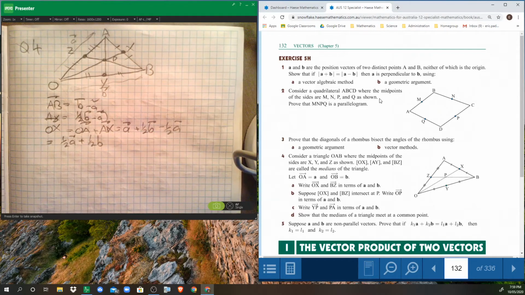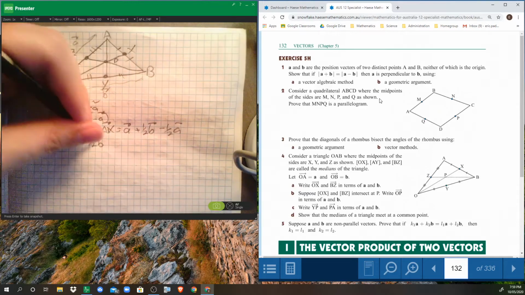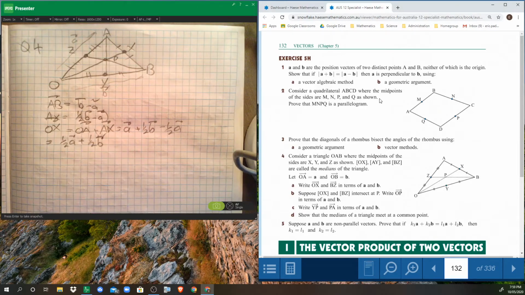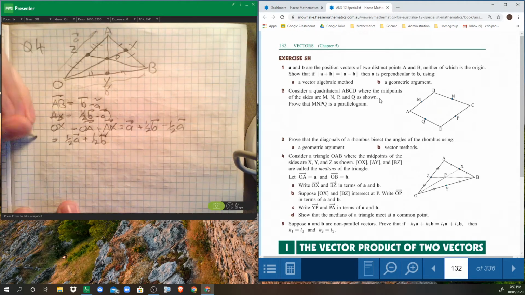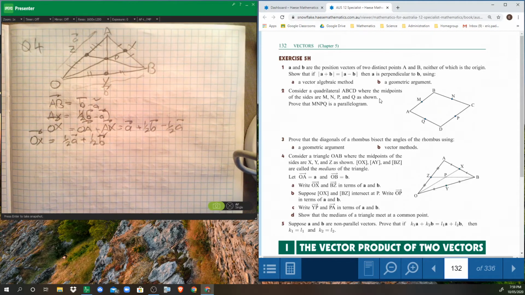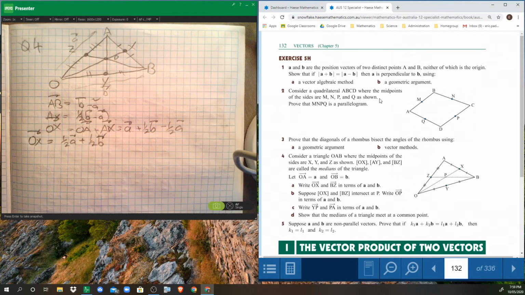Okay, there you go. Demonstrated. All right, so we got that one. But we also have to find, so I might just write that again, OX, that's OX. And we have to find